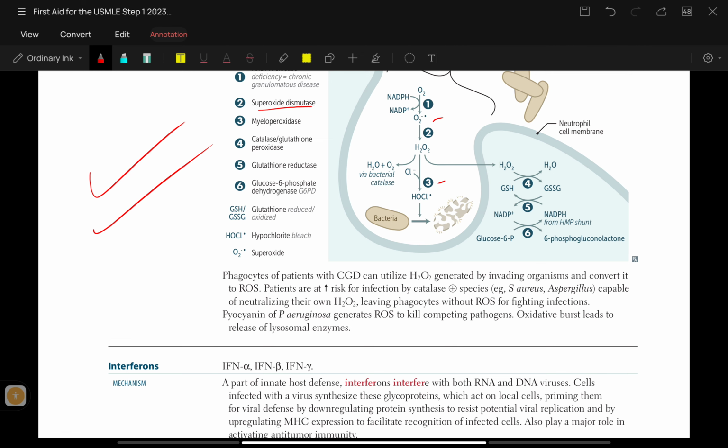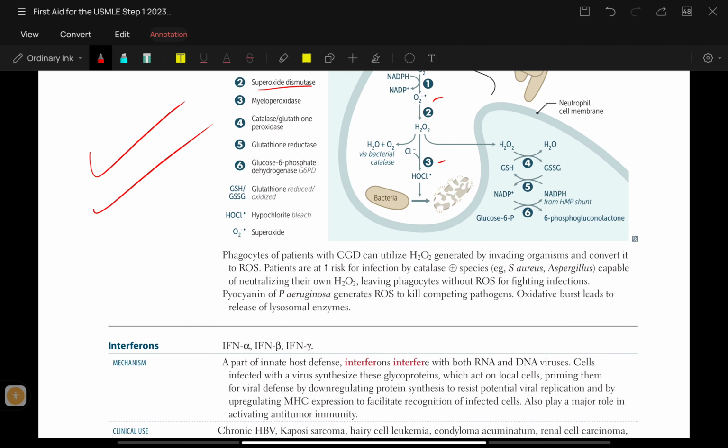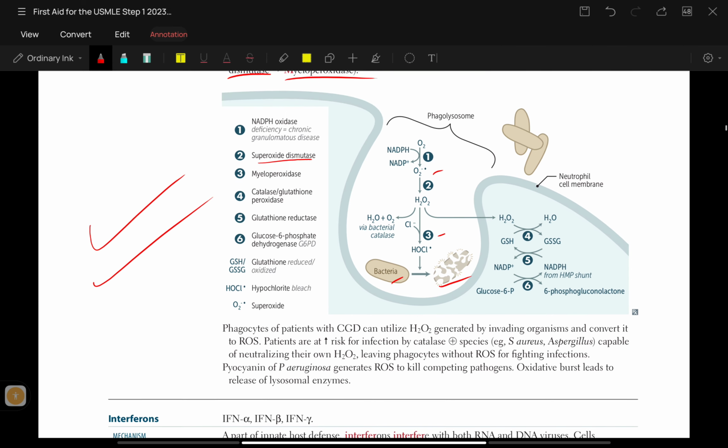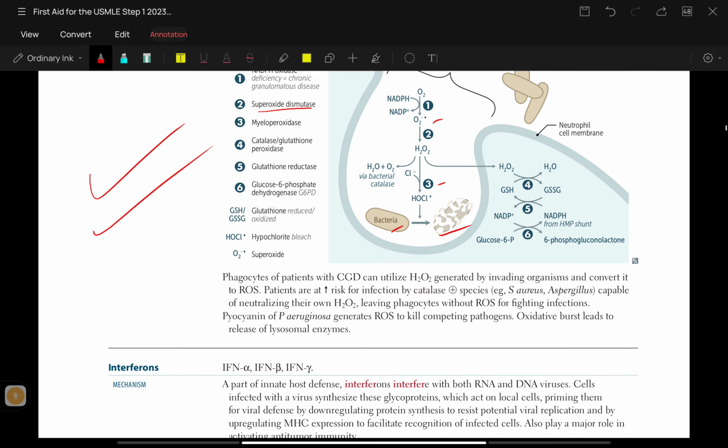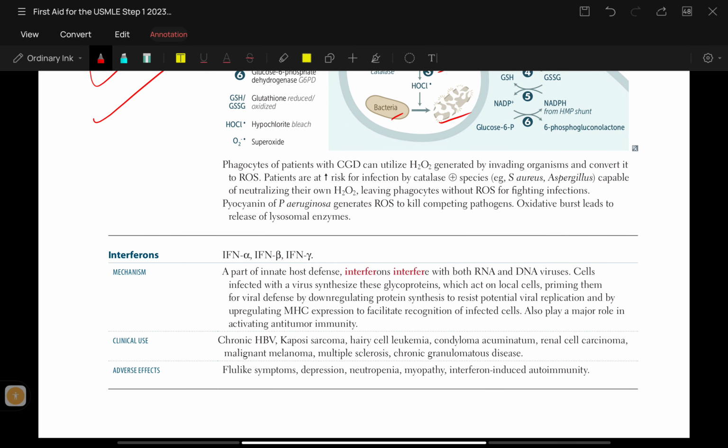Similarly, HOCl, hypochlorite bleach, is what causes bacterial lysis. Okay, similarly, here we can see that